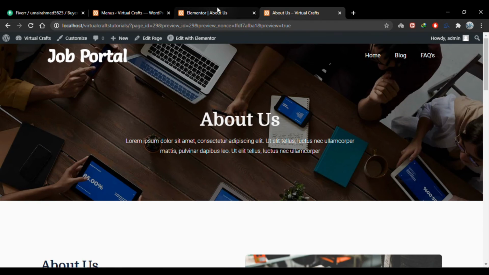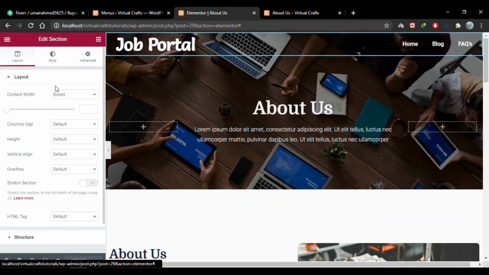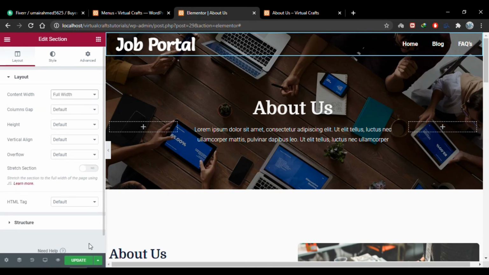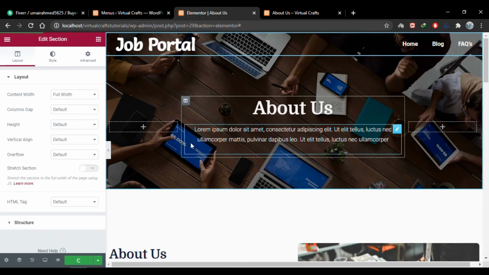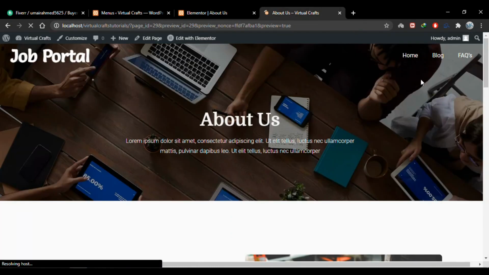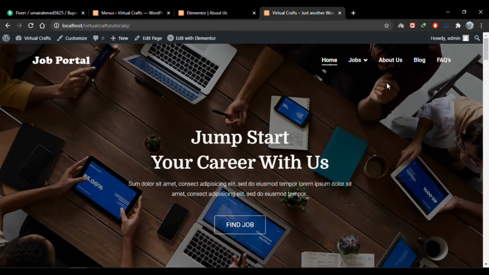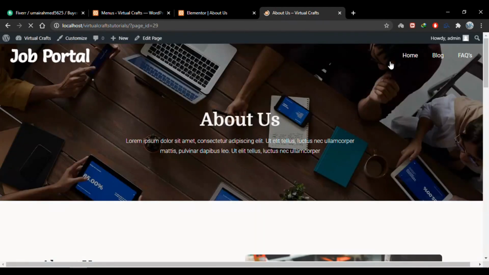I'll go back to the editor, go to layout, and choose it to full width from boxed. Now update the changes, and you'll see that now the section is full width. Go to home page, and for the rest of the site we have the previous menu,